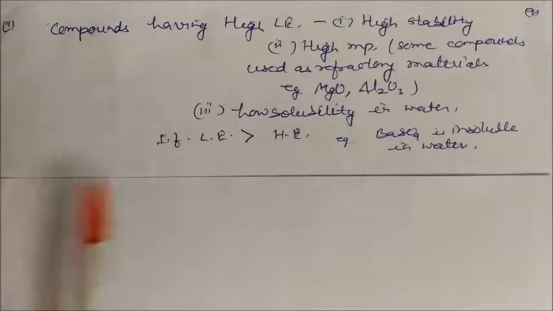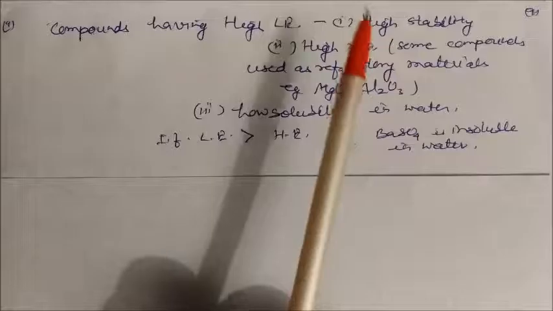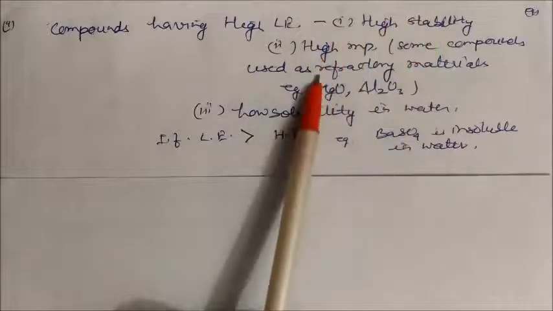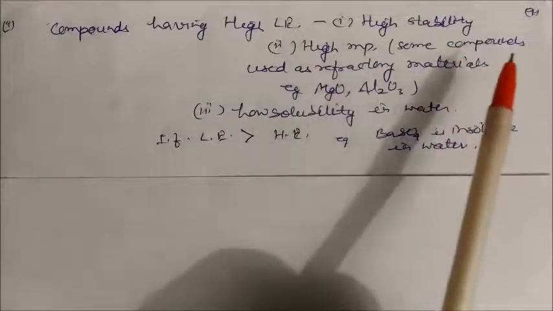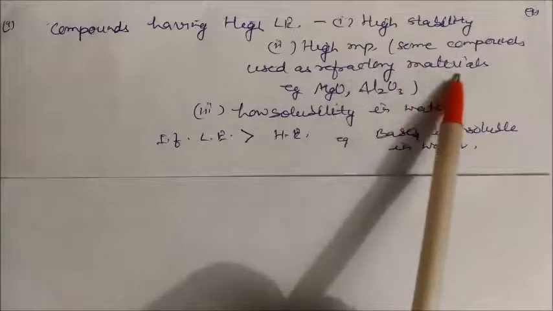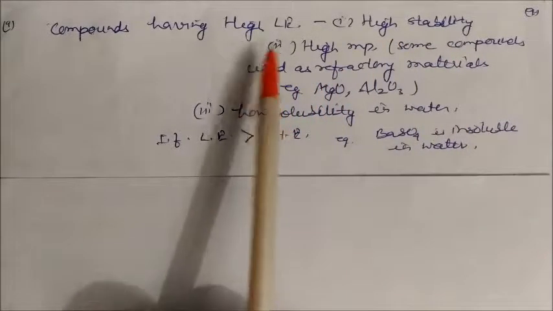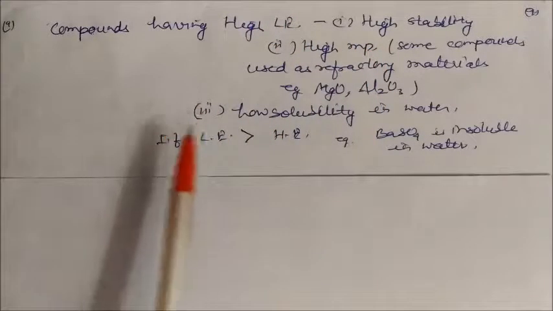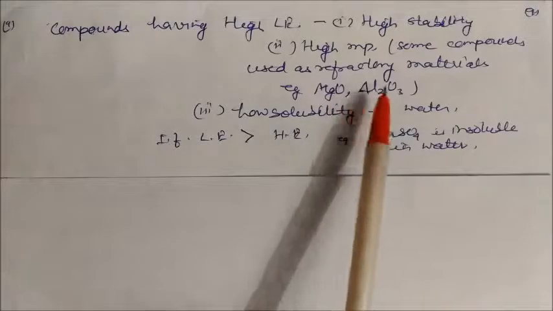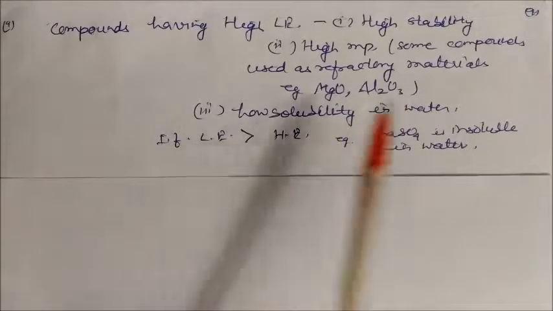So we can conclude that compounds having high lattice energy have high stability and a high melting point. High melting point means some compounds are used as refractory materials. Means if a compound has high lattice energy, it must have a high melting point also. For example, magnesium oxide, aluminum oxide. Next is your